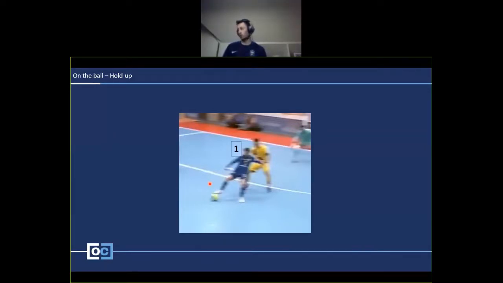What are we doing as a pivot? So he's got his head up. He's trying to understand, where are my players? What's the situation that I'm working in? There's a load of things happening at this moment in time. He's not got much time to think. He's trying to figure out how am I going to make a decision? Regardless of pivot or whatever it is, unless you've got your head up, it's going to be very difficult for you to make good decisions.